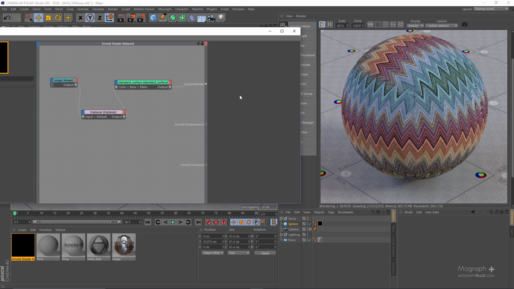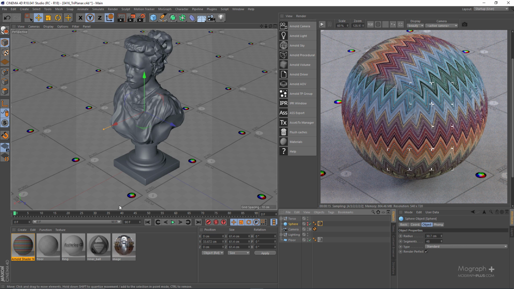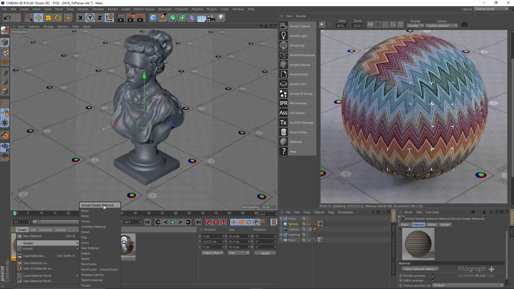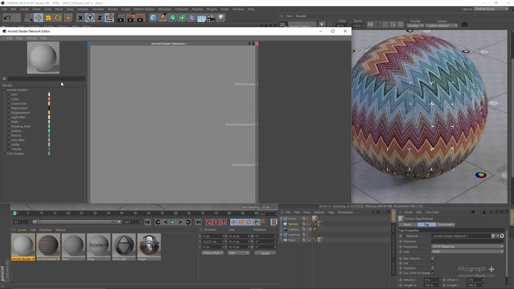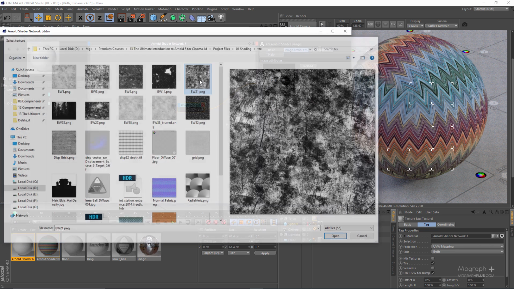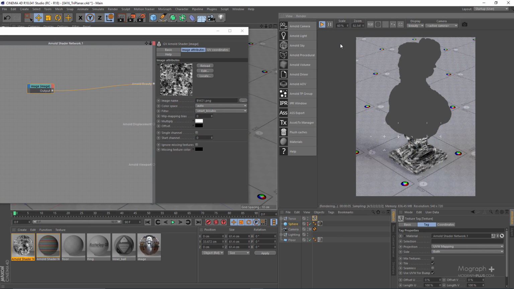Now triplanar can be very useful in certain situations, obviously not for very obvious things like this. Even in this case it can be very, very useful. Now let me hide this sphere and unhide this 3D model that we have. Let's say I want to work with this, so let's create a new shader network. Let me assign this to this torso, and let's say I have this image that I want to use as the, let's say, specular roughness texture, right? So if I just, now as you can see,